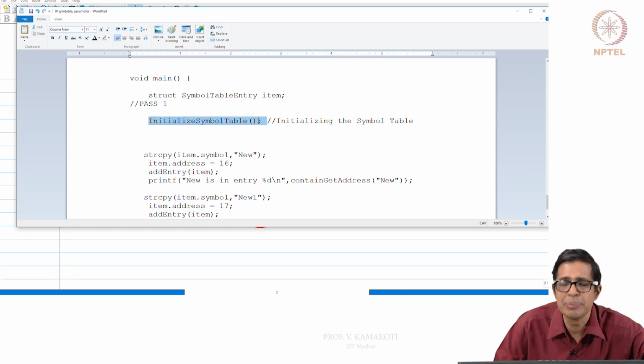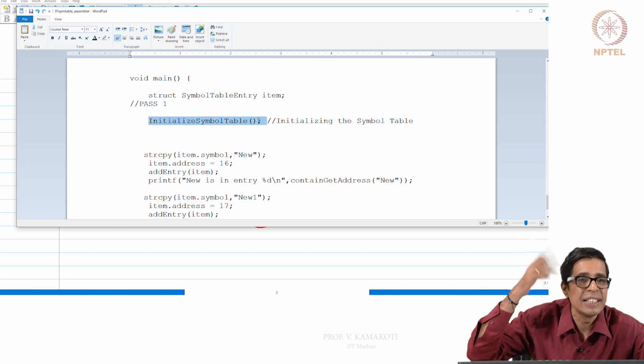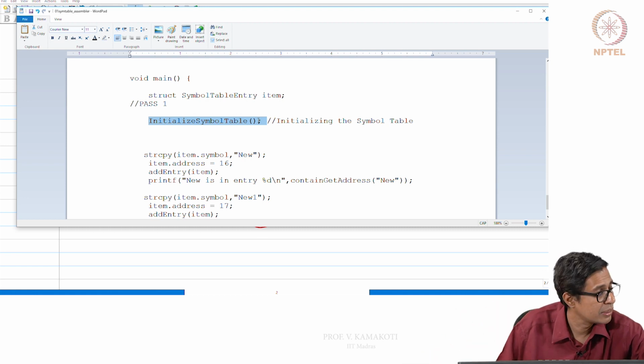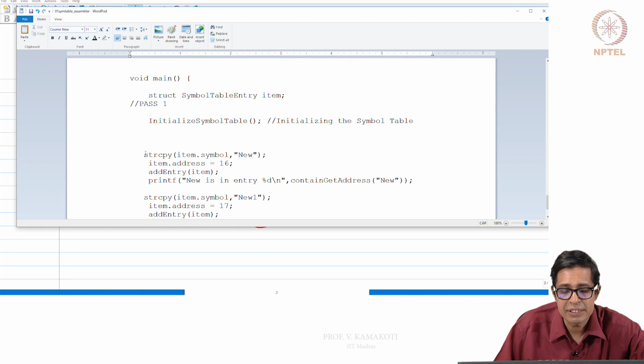So we'll just do this simple exercise. I can initialize symbol table, the first routine, which will initialize those 23 things and make everything null and -1, and this is very important. And the next stage is string copy. So I am just putting a symbol called new1 with address 16, and I put add entry item. So this item will be added into your symbol table.